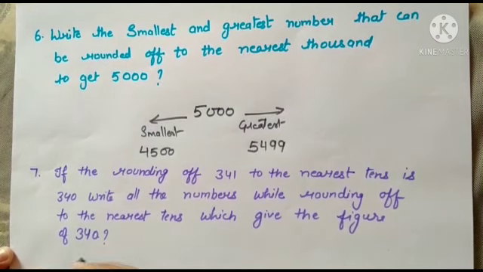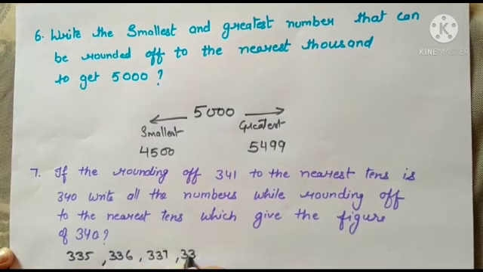So the numbers can be 335, 336. It can make 340 to the nearest. If we round off, we will make 340. 337, 338, 339, 340 itself,